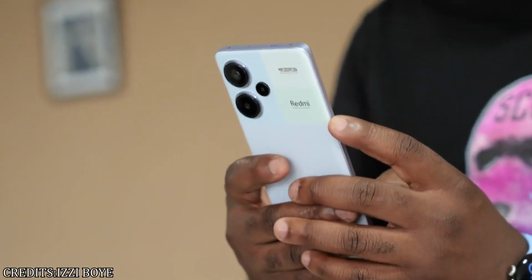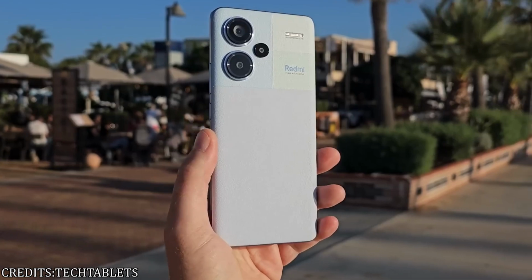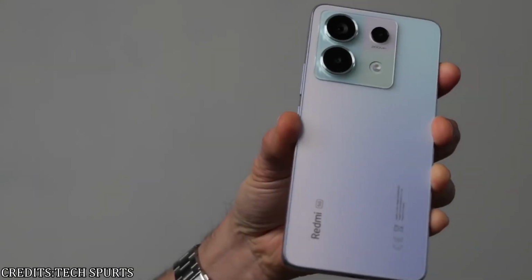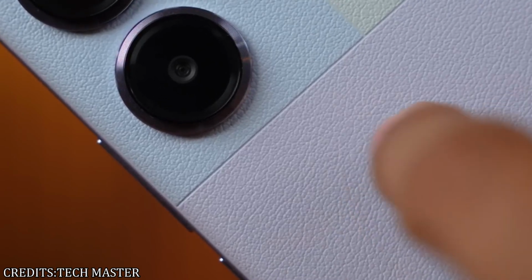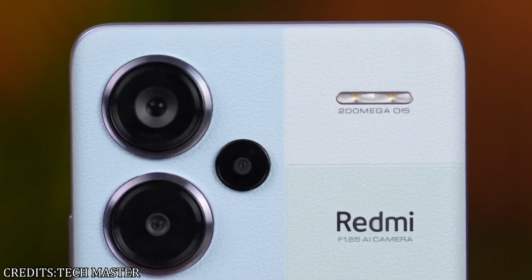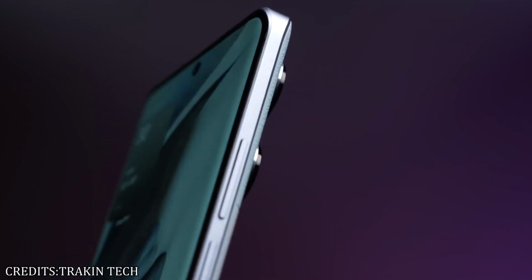With its eye-catching design and alluring combination of performance and personalization, the Redmi Note 13 Pro Plus stands out among Xiaomi's Note 13 series. The Redmi sub-brand, which the Note 13 Pro Plus belongs to, is well known inside Xiaomi for producing affordable, high-quality smartphones. If you're looking for a smartphone with a ton of features, this one is worth considering because of its camera